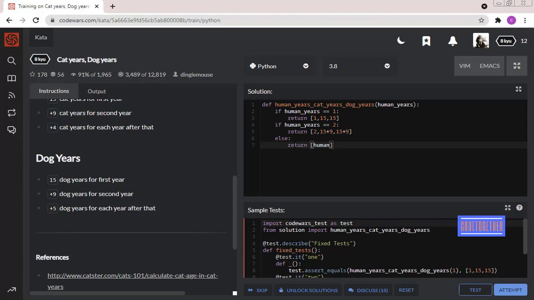So we have to write return human years, and the cat years is equal to human years minus 2 multiply by 4 for cat years, and human years minus 2 multiply by 4, sorry, by 5 for the dog years. Okay,